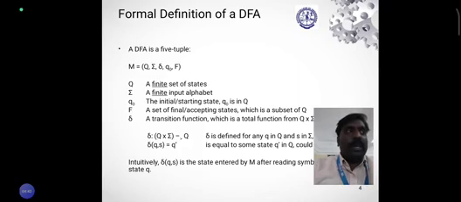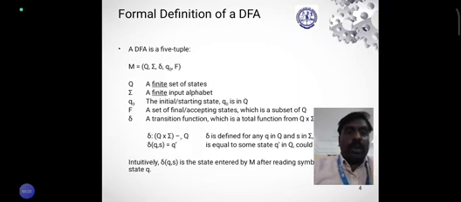Here Q is a finite set of states, that is Q0, Q1, Q2, Q3. Σ is a finite input alphabet. It is presented with input symbols, which means lowercase letters, maybe a, b, c, like that. For example, apple is a string. It has input characters a, p, p, l, e. All of these are called input alphabet. So the finite set of input alphabet is represented with the Σ symbol.